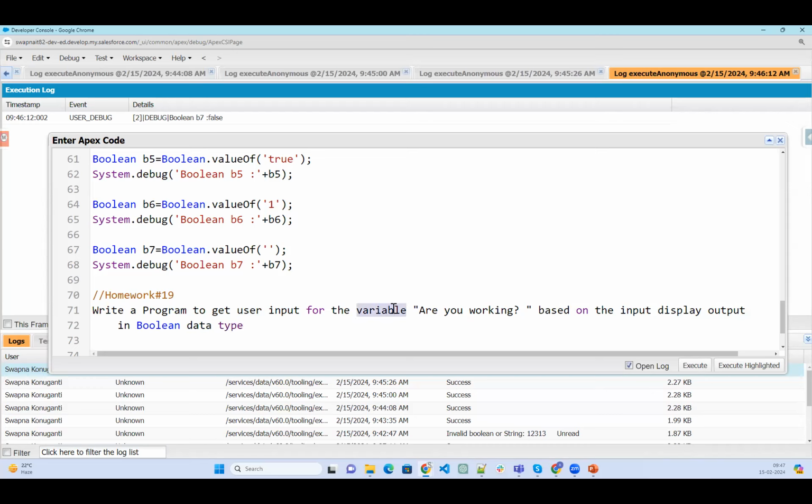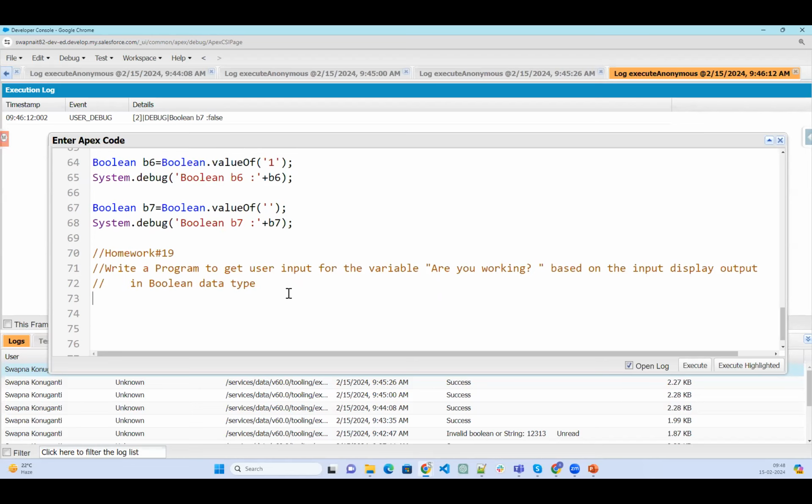That means you have a variable called "are you working?" Whatever the user provides, whatever the equal-to value provided, convert that value into the Boolean data type and display that value.